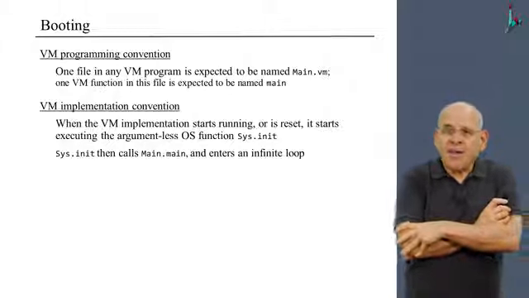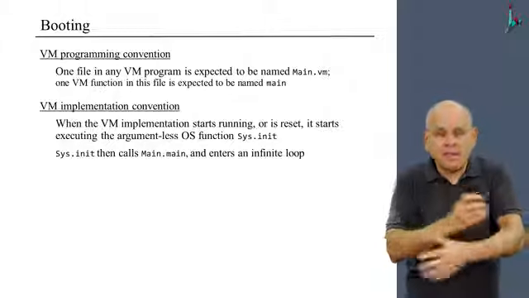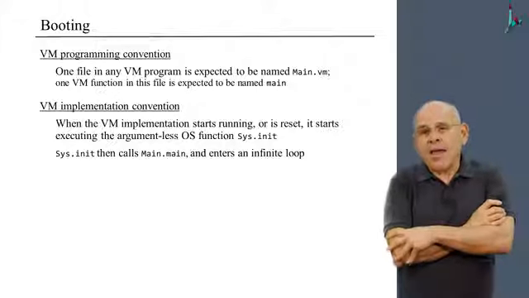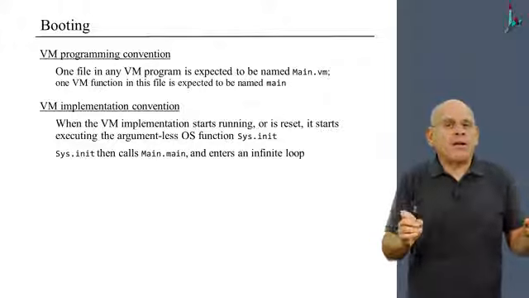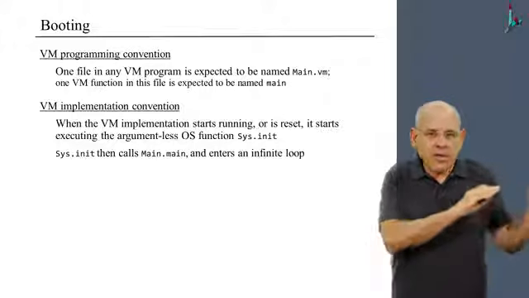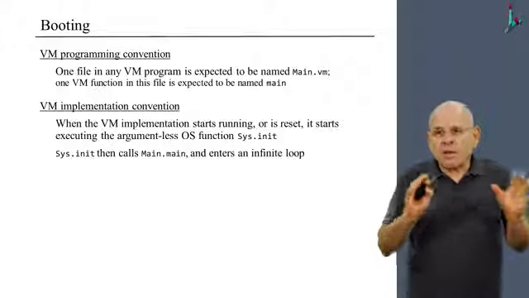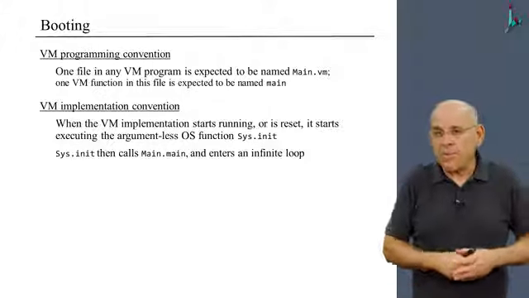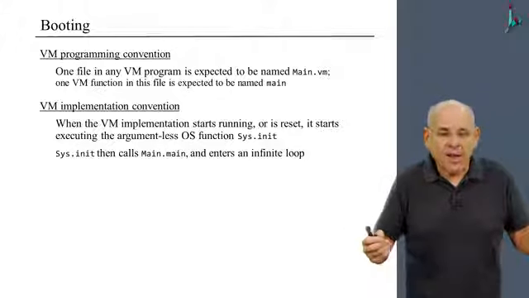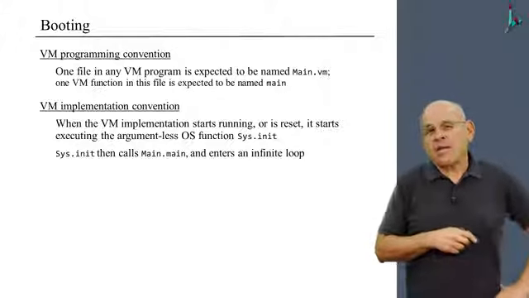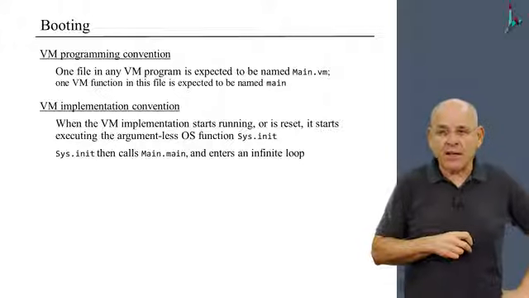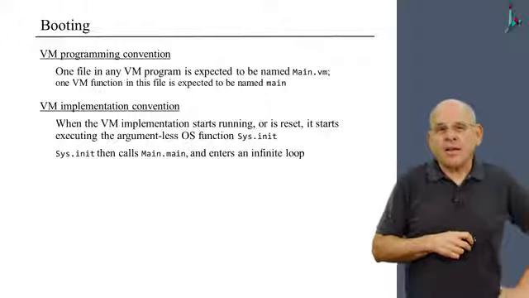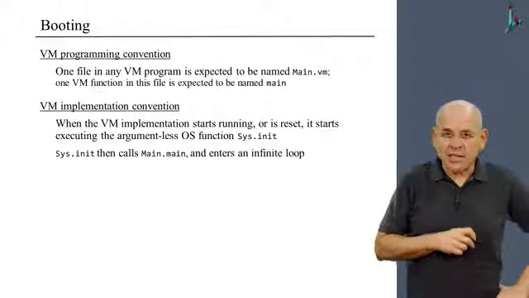So the VM implementation must begin with this code. It must call sysinit, and sysinit is already programmed at the OS level, which is not our business right now. So sysinit is already programmed to call main.main and enter an infinite loop. So sysinit, once it starts running, will end up causing the programmer's program to start running as well. The main.main will start running, and then the whole Tetris game or whatever it is will start executing in front